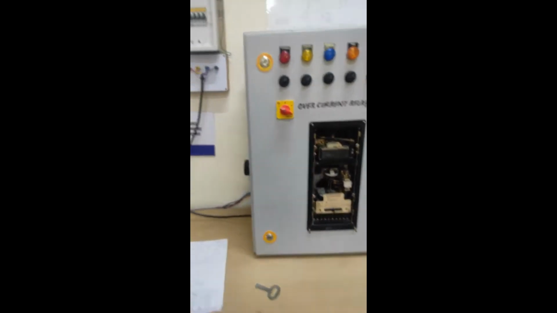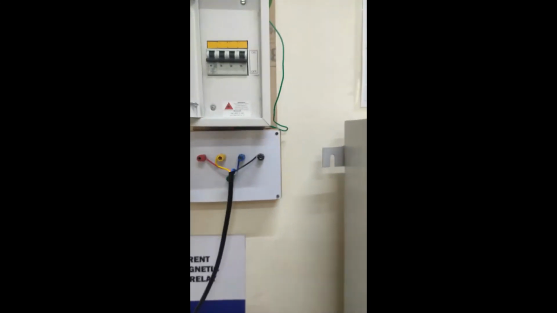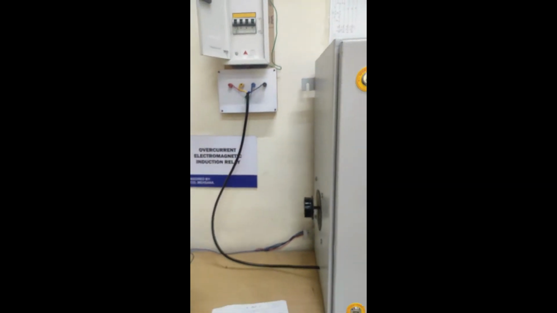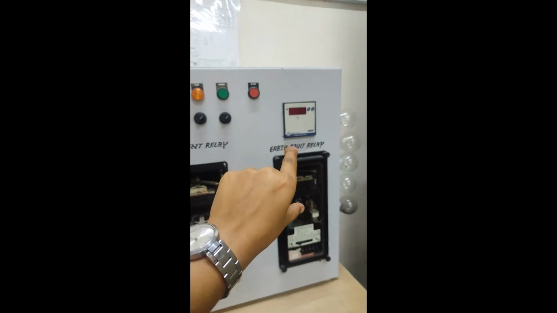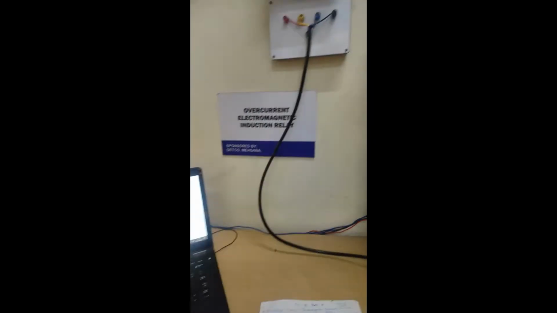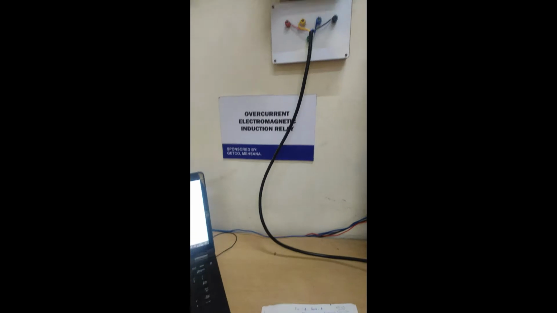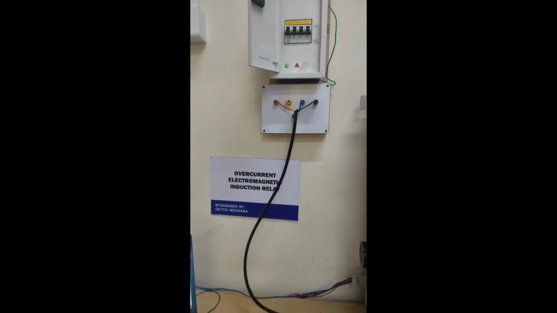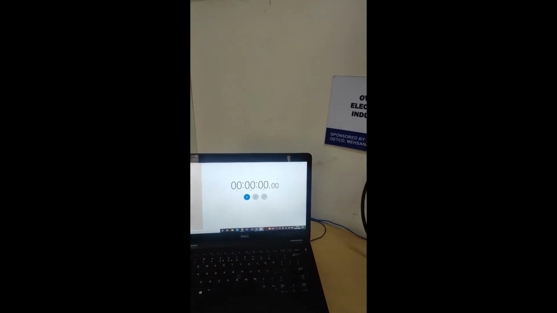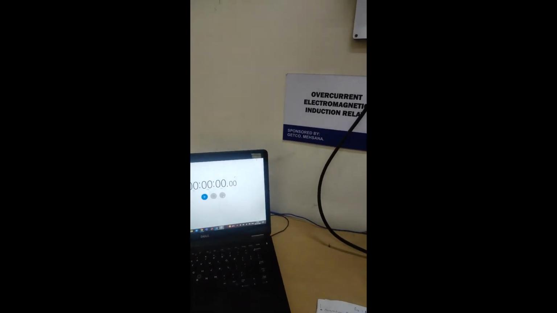So we have set 1.5 current. For now I am switching off this power supply as I am operating. In the same way the 1.5 current will appear over here, and I am operating this stopwatch to take the reading. To get the perfect reading, at the time of switching on, I have switched on this stopwatch in parallel.